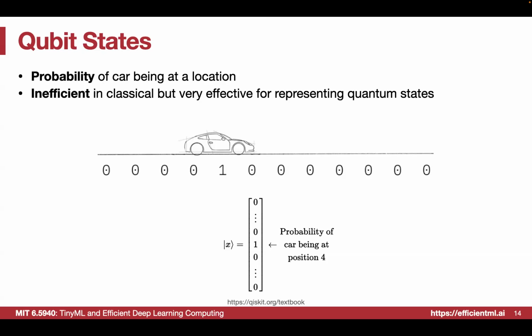The qubit state is a little bit different from that, because the car can be simultaneously at different positions of this one-dimensional system. It may be at the 0 state or at some other, 1 state. So the classical domain is inefficient at representing information, because here we just have one possible piece of information to represent at one time, which is a one-hot vector, right?